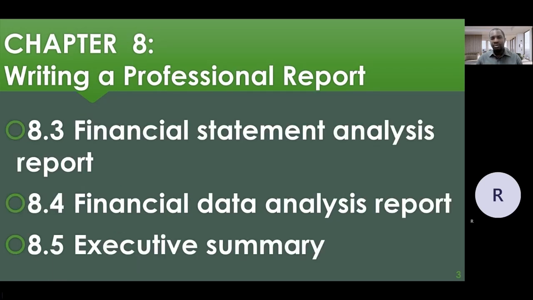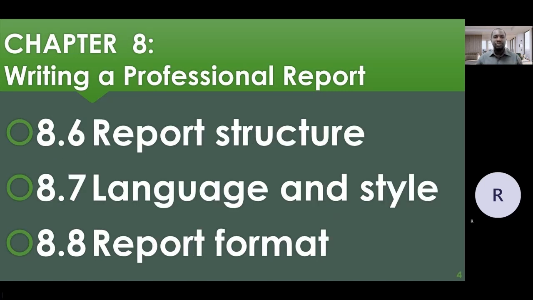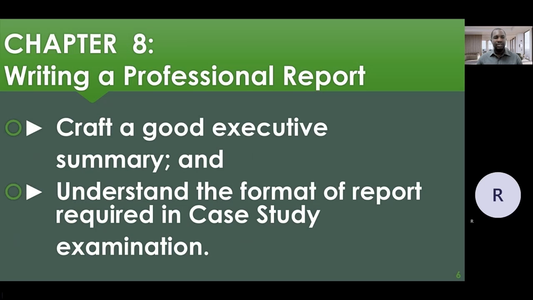Unit 2. Unit 3, we look at financial statement analysis report, which generally and predominantly comes in requirement 1. And financial data analysis report, which mostly, not always, but mostly comes in requirement 2. Then we look at executive summary, which takes 20% of your marks, and very important, without which, if you don't write an executive summary, you're not going to pass case study. So we also look at the report structure, language and style to write that report. We also look at the report format, and we close in